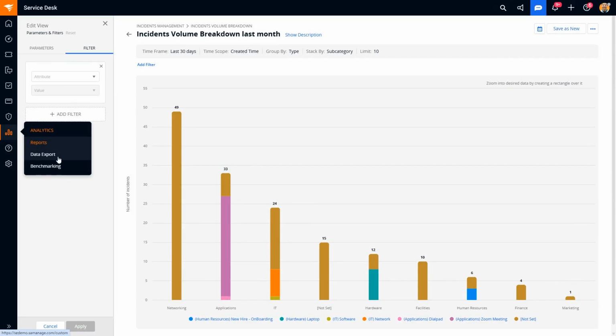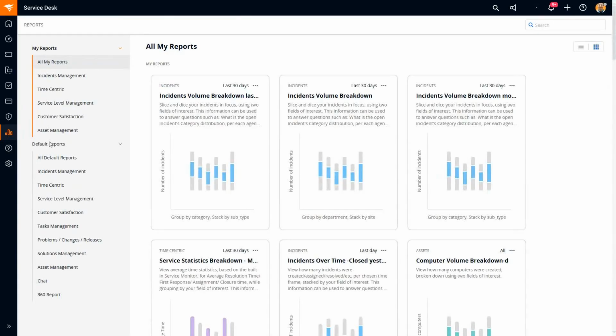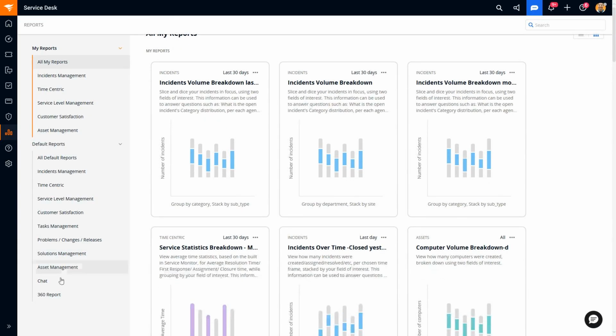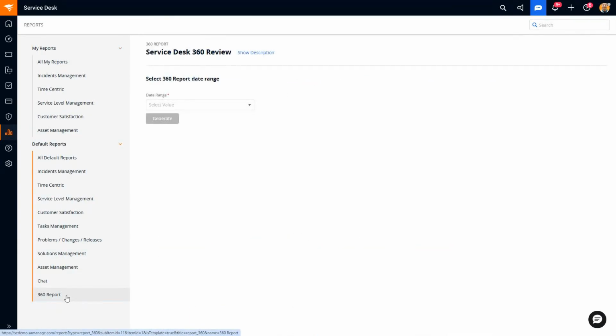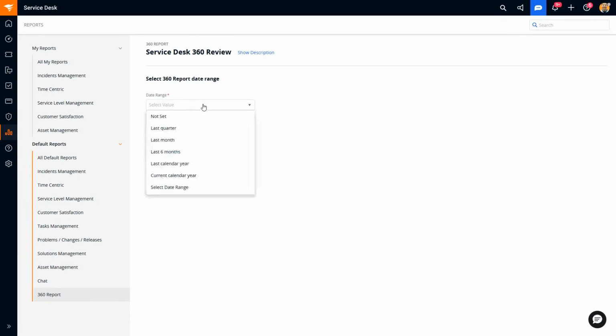Next, let's look at the 360. The 360 report is a nice PDF version that can be used for QBRs, business reviews, leadership meetings or board meetings that we may have. But it's simply a PDF that gets generated based on the time frame that I select. We'll do the last 6 months here. That gives me a nice, pretty visual outlining some of the top